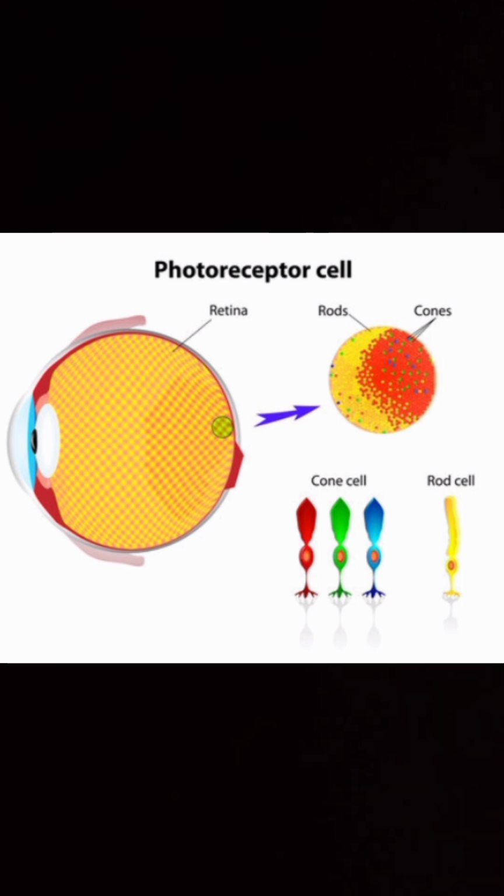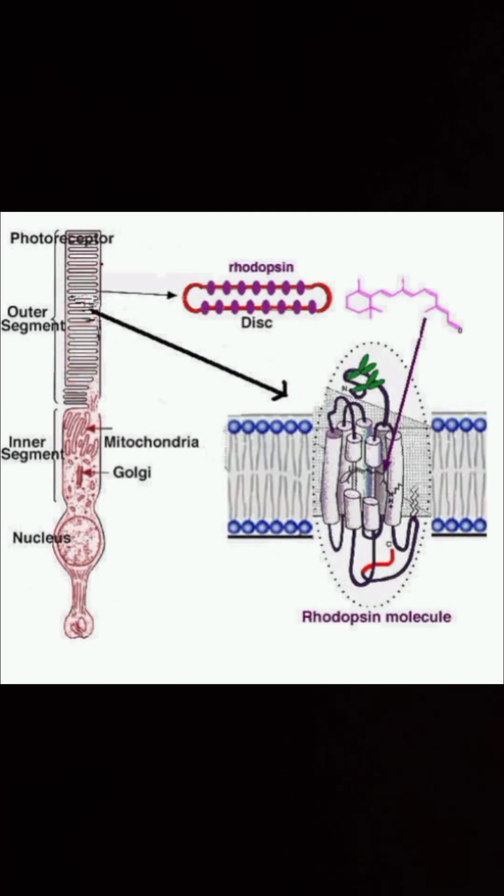Daylight, photopic vision, and color vision are functions of cones, and twilight, that is scotopic vision, is the function of the rods. The rods contain a purplish red protein called rhodopsin or visual purple, which contains a derivative